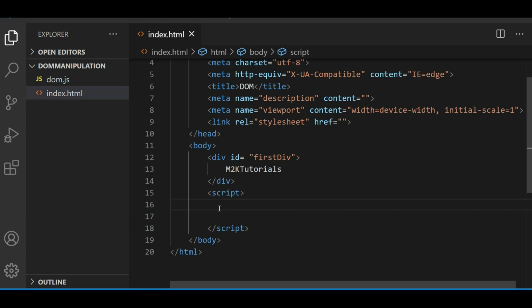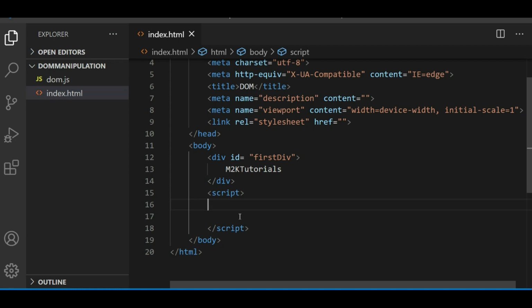Okay guys, so I'm using the index.html. Today we will not include any external script file. We will code in this index.html itself so that we can keep things in one place, so I can show you what we are doing right now. So first thing, to manipulate your HTML elements using JavaScript, we need to get hold of that element, to get the reference of that element.